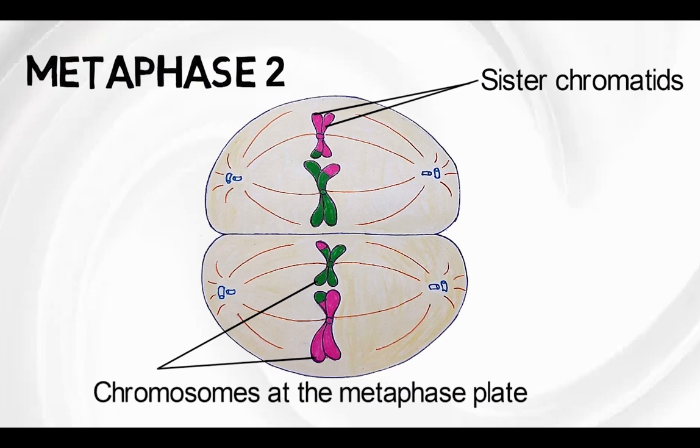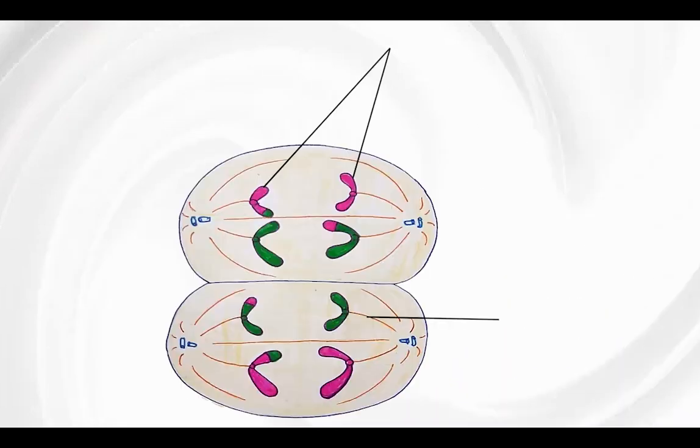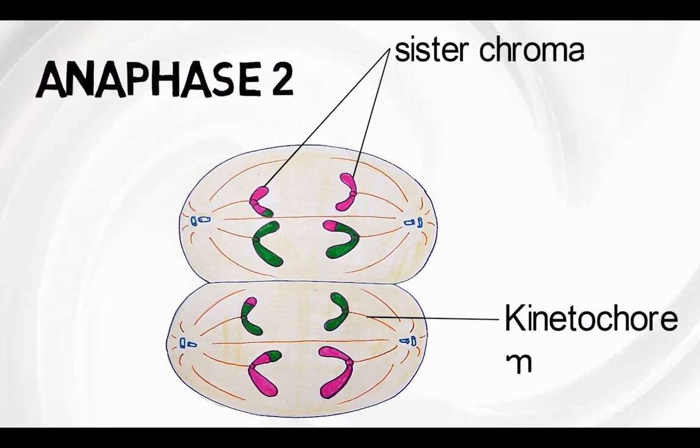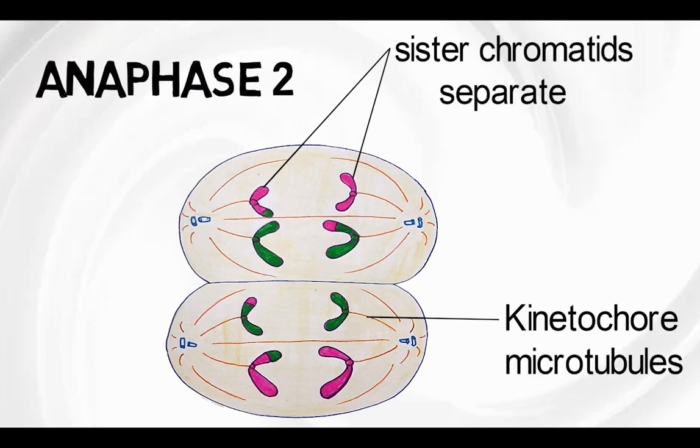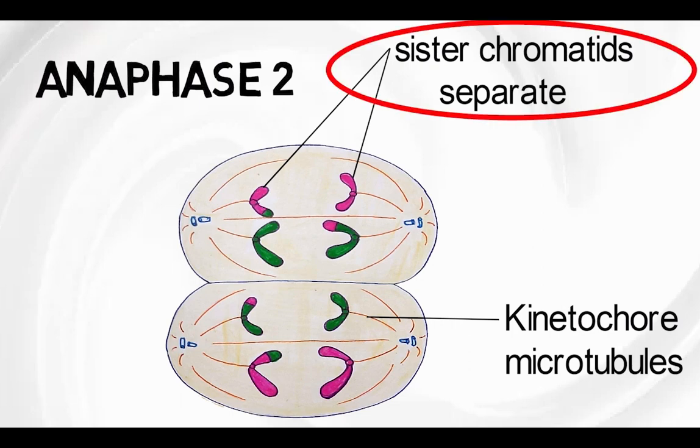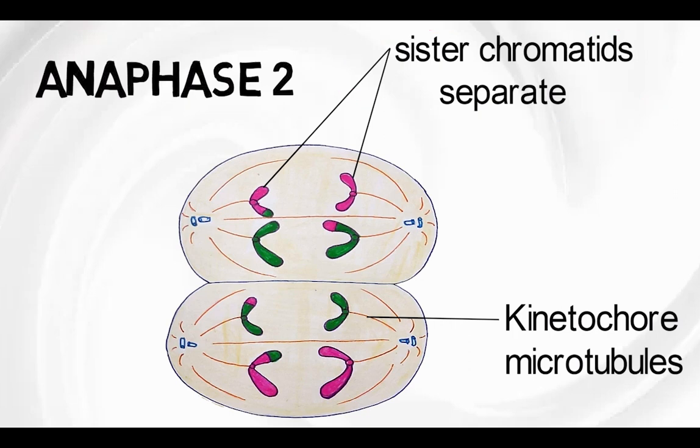Yes, you are correct. Do you know, anaphase 2 is the third stage in meiosis II. Not only that, anaphase 2 is the stage after metaphase 2. In this phase, the sister chromatids of every chromosome separate and begin to move towards the opposite ends of the cell. Yes, this separation and movement is due to the shortening of the kinetochore microtubules.